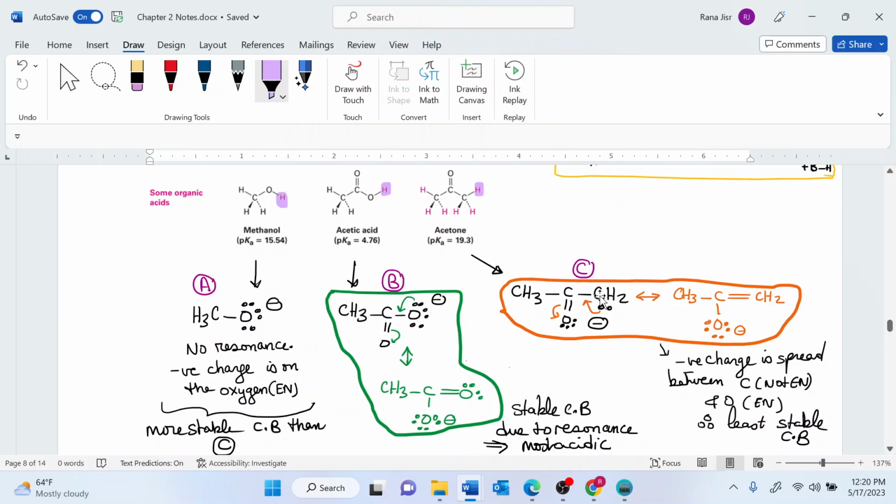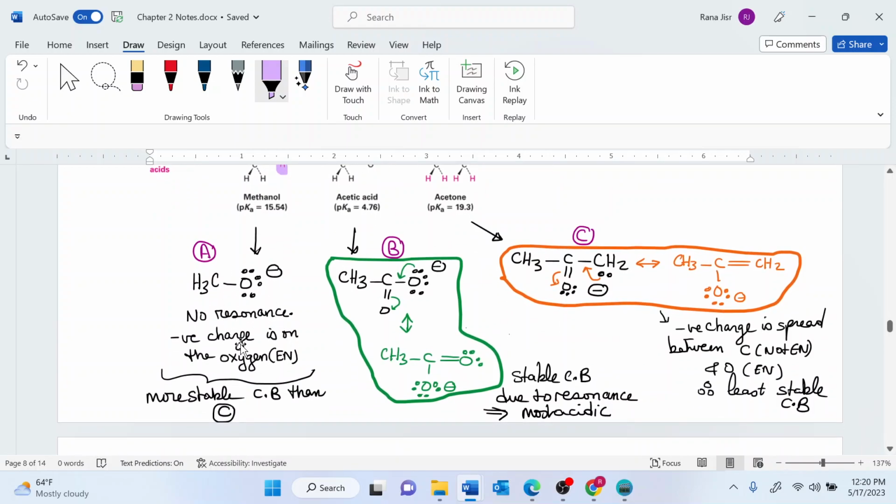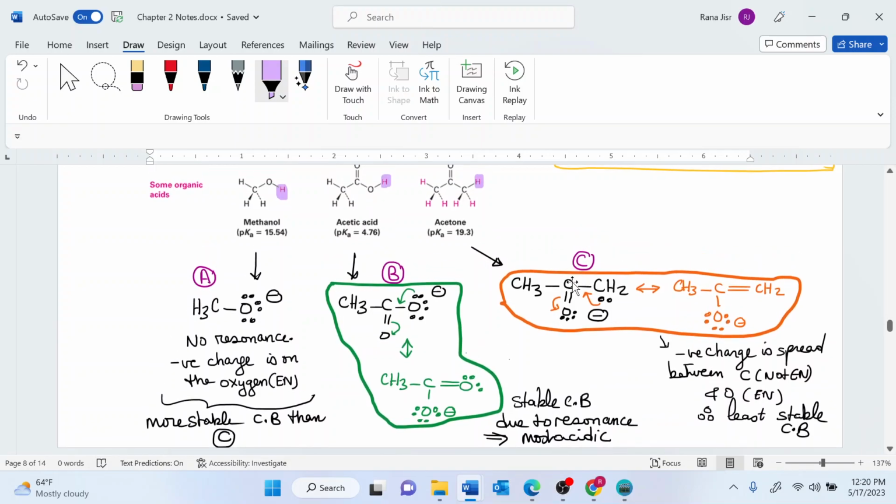So the moment you see a structure that has a negative charge on the carbon compared to a structure that has a negative charge on the oxygen, even though there is no resonance structure for this one, the oxygen bears the negative charge better. This means that it stabilizes the conjugate base more. So if I compare the conjugate base of acetone versus the conjugate base of methanol, definitely the conjugate base of methanol is going to be more stable,